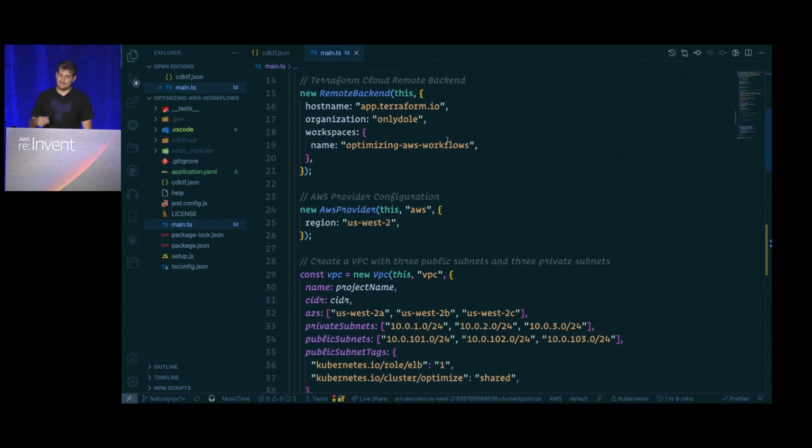Next up is the Terraform Cloud remote backend. So I could run this locally. It makes for an easy demo, but I really like using Terraform Cloud because I have that auditability, and I can brag with team members about how many times it took to stand something up before I actually got to 200 OK. So really helpful here. Again, we'll talk about Terraform Cloud in a little bit as we're making some changes and spinning those things up. You give it a host name, an organization name. This is my online moniker here, so that's my organization name. And then this mirrors the GitHub repository in which I have all these things, optimizing AWS workflows.